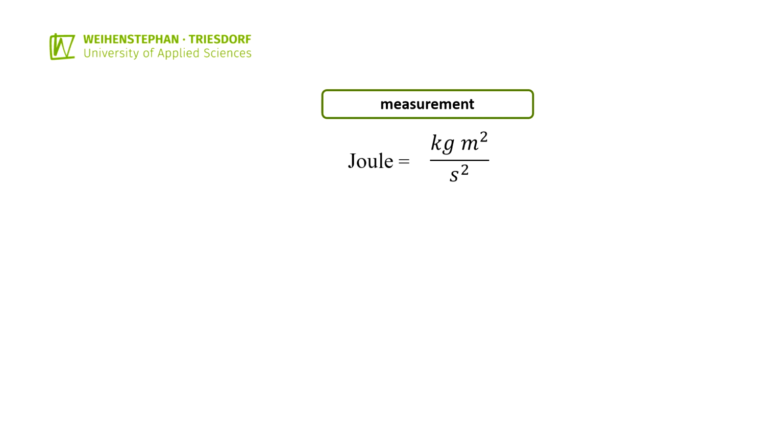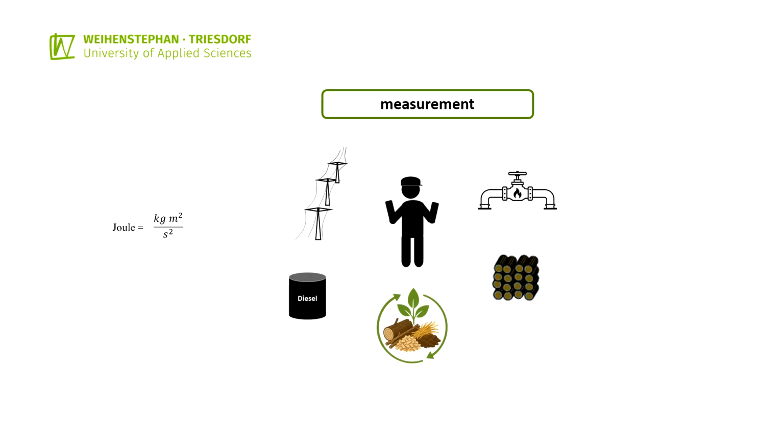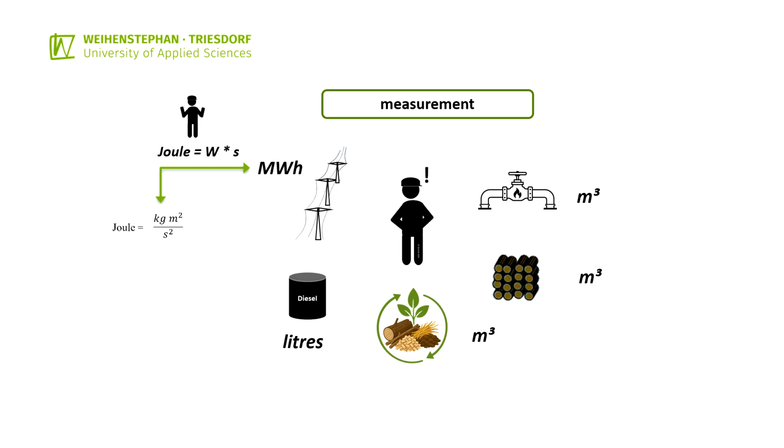According to international standards, energy is measured in joule. However, this unit of measurement only helps to a limited extent when assessing the energy supply and energy demand of a farming system. The basis for decisions in a farming system is primarily the units of measurement of the energy carriers used, that is, liters for fuel or cubic meters for gas, wood or substrate for biogas plants. The unit of measurement used by external electricity suppliers applies for electricity. Such units of measurement, for example, megawatt-hours, can indeed be converted into joule. However, this conversion is rarely necessary for decision-making.